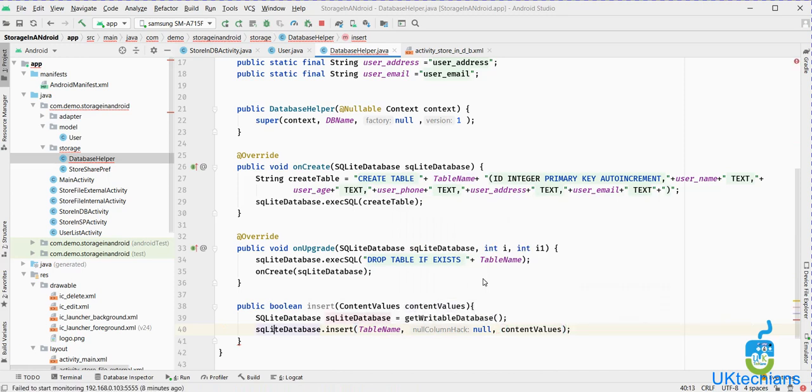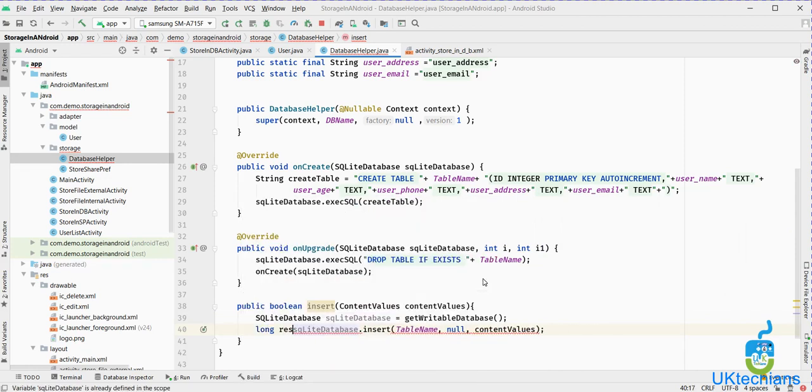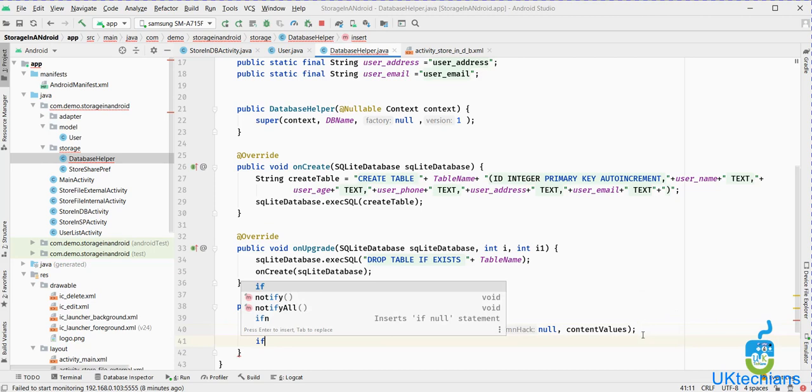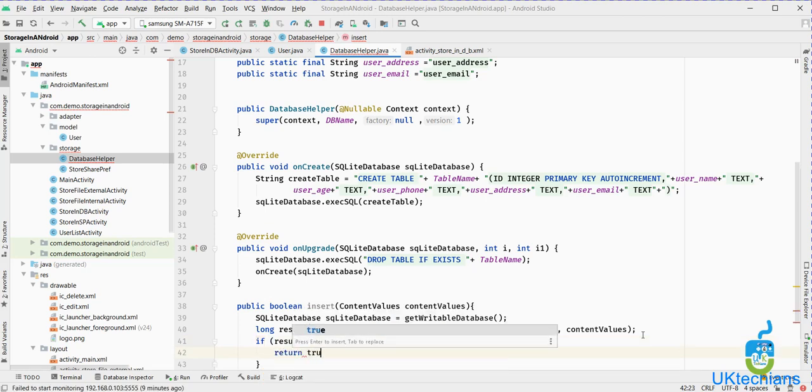After creating this insert query, this will return us a long variable. So what we have to do from this variable, we will see if this result returns -1, what we will do. If it will not return -1, we will say return true, that the data is stored perfectly.